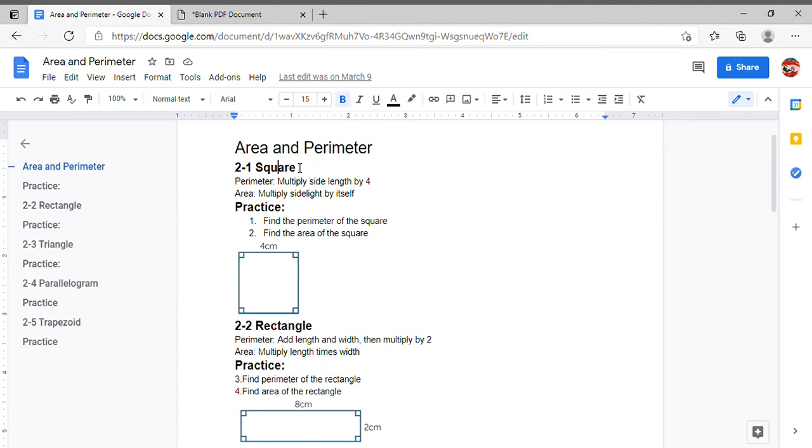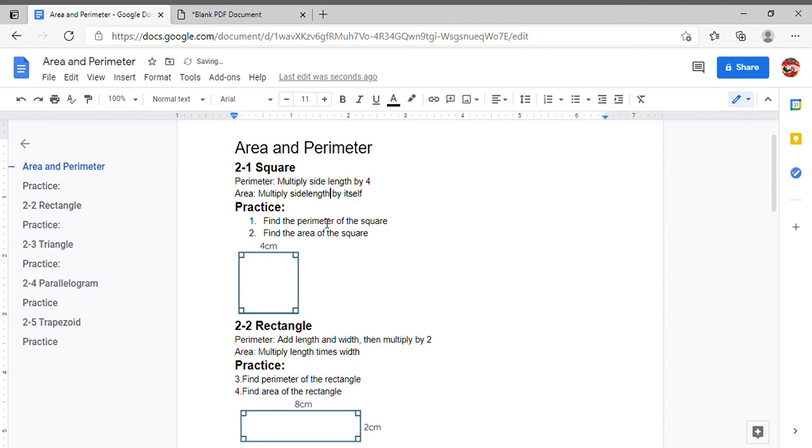For this video, I will be going over another math lesson, area and perimeter. So, let's start with the area and perimeter of a square. To find the perimeter of a square, you're going to multiply the side length by 4. And to find the area of a square, you're going to multiply the side length